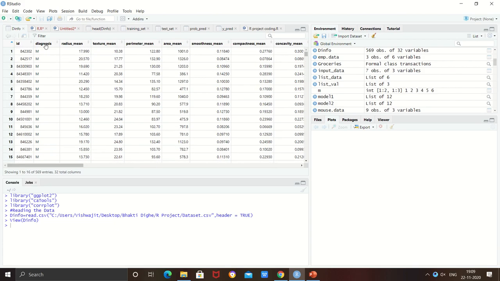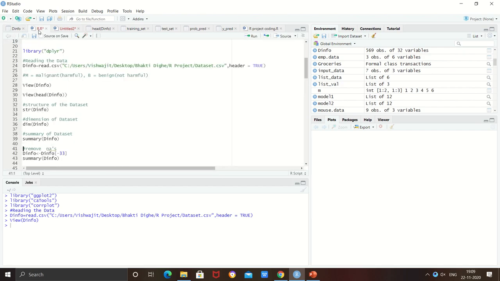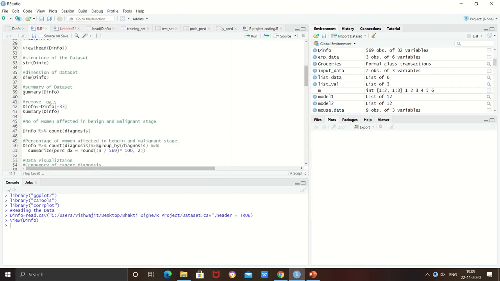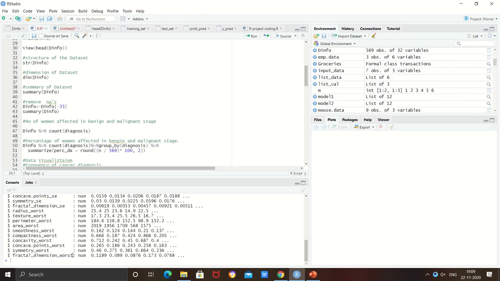There are ID, diagnosis, radius mean, texture mean, perimeter mean, area mean, and many more features. Coming back to our coding part, to see the structure of the dataset we will use the str function. On the console you can see after using the structure function we have got the output, the structure of the dataset.